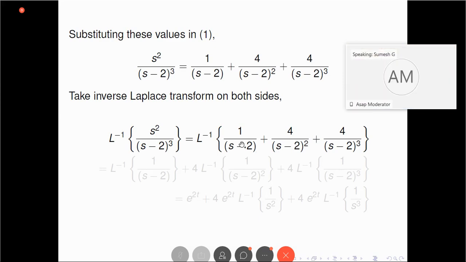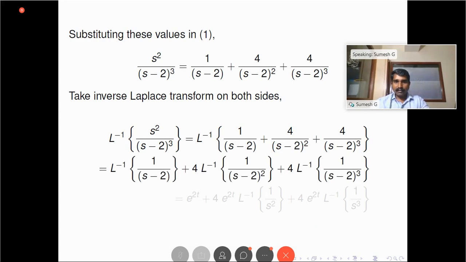So here we can apply the linearity property. To find the inverse of this expression, for the first term the inverse can be directly found because it is of the form inverse of 1 by s minus a. Here a equals 2, so its inverse is e raised to 2t. Now consider the second expression. To eliminate the effect of this minus 2, we have to multiply the second term by e raised to